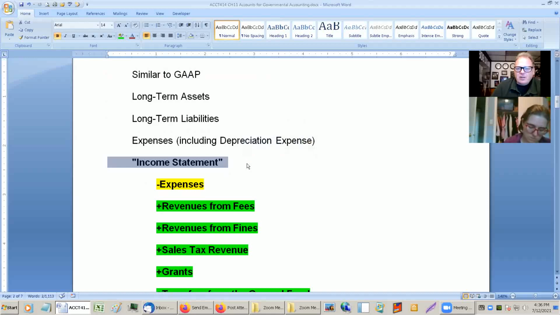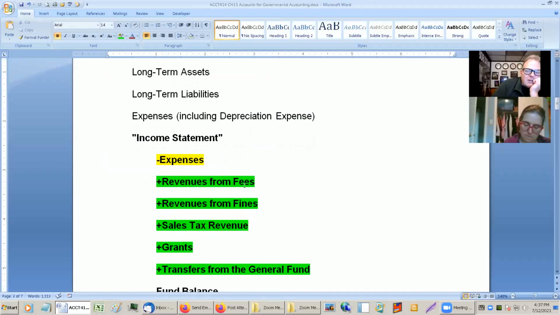All the journal entries are going to look very, very similar. By equipment, you put equipment on the books. You put an expenditure, you put equipment on the books, just like we always do. So everything else looks the same. The only weird thing is the income statement part of it